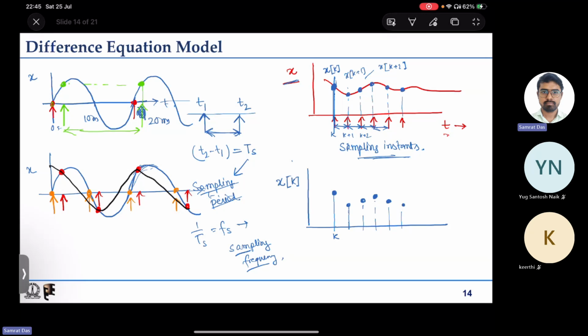Your discretized form cannot differentiate between the blue signal and black signal based on 100 Hz sampling frequency at that instant. So you understand, the message is, when we are discretizing a continuous time signal, the sampling frequency has to be high enough to represent the continuous time signal properly in the discrete